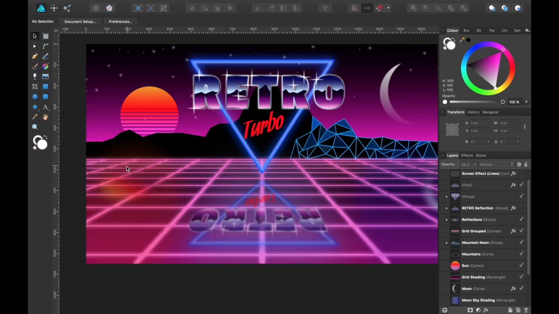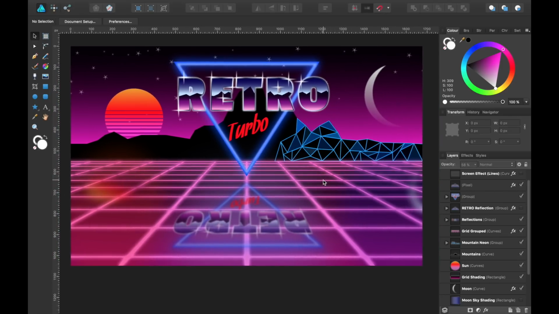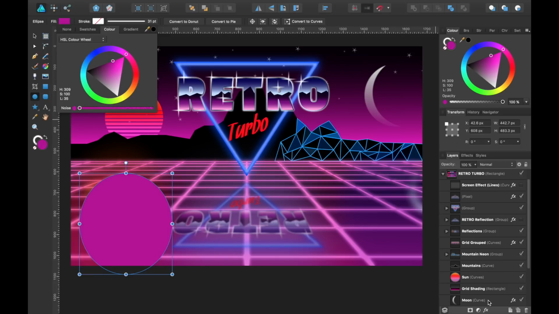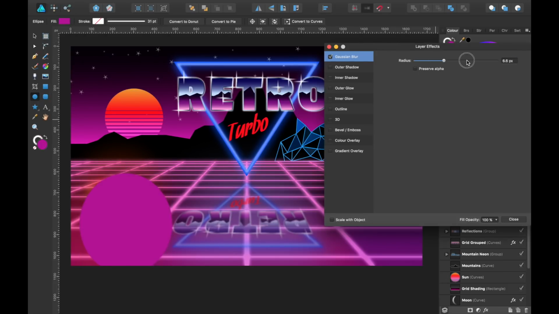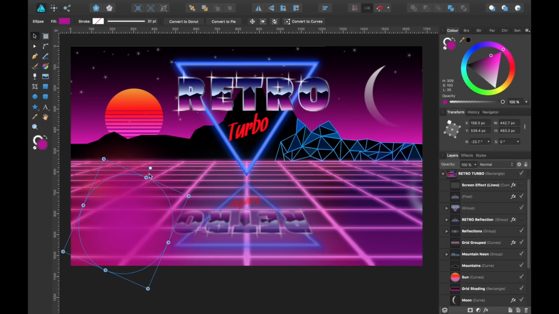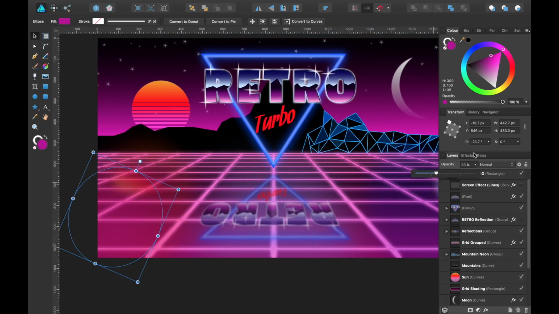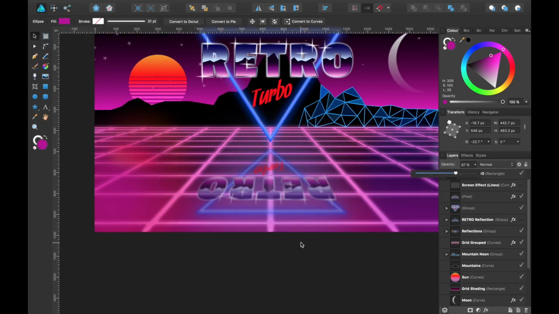Now, not only did I add the reflections of the moon and everything, I also added just other colors as well, like slightly more orange around here, or slightly purple around here, just to give it an even more 80s feel. And I'd simply just drag a shape, choose a color I wanted, add Gaussian blur to the max, like that. And I just drag it somewhere and bring down the opacity. And you can do lots of layers like this to get a nice effect.